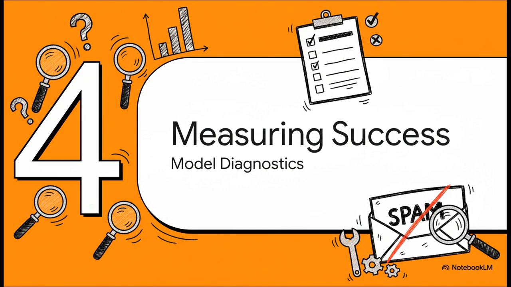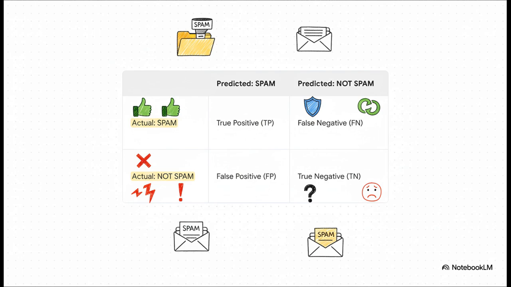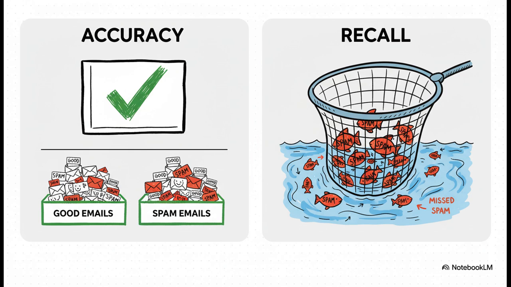It works. But now we have to ask the big question. How good of a job is it actually doing? It's time to give our detective a performance review. And this is the classic tool for that review. It's called a confusion matrix. Now, it might look a little technical, but it's super simple. It just sorts all the predictions into 4 boxes. You've got your true positives, that's spam we correctly caught. Then true negatives, good emails we correctly let through. The other 2 boxes are where things went wrong. False positives are the good emails we accidentally called spam, and false negatives are the spam emails that managed to sneak past us.